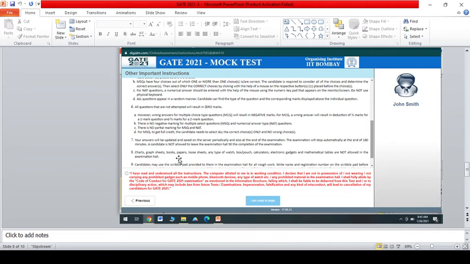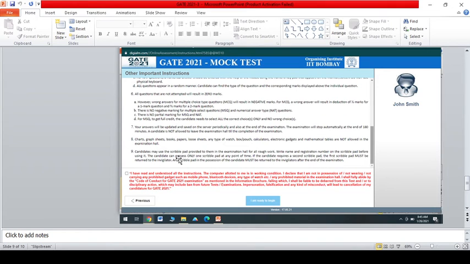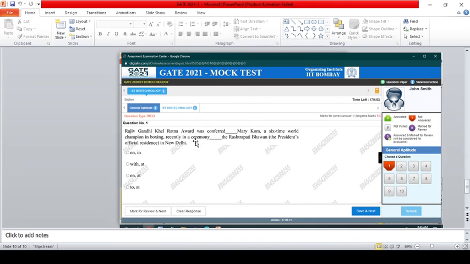Once you have read all those things, you need to click this button. This red color says that the computer given for you is working in correct condition and there is no defect. That's why I'm asking you to check the computer once you get your position in your place. Once you have read all those things, you have to click the I am ready to begin option. And once you click, this is your time, and this is how your question paper will be. Here general aptitude, here biotechnology.